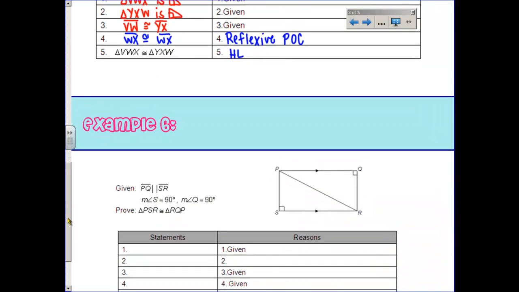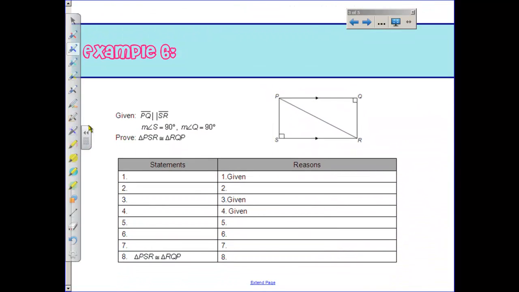In the last example, and quite possibly one of the ones that can be the most difficult to see, I want to once again start with what we're given. So we know that PQ is parallel to SR. And that was noted by these little arrows right here. From the very first problem in the warm-up, I was preparing you for this problem. Don't you see, and if you don't, could you see that we have a transversal right here? Given that transversal,